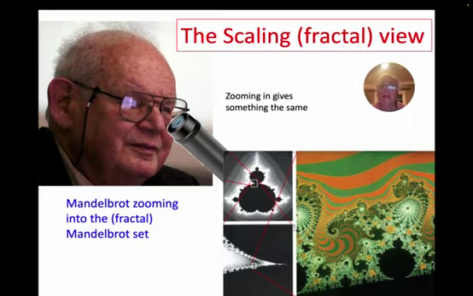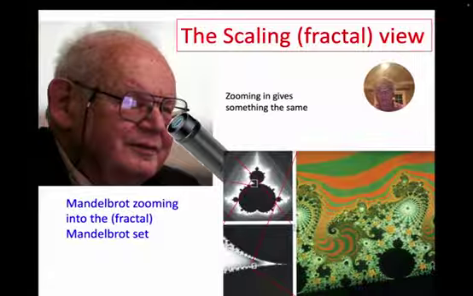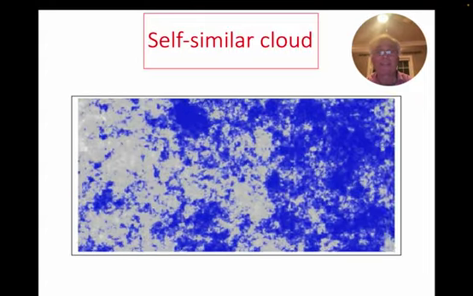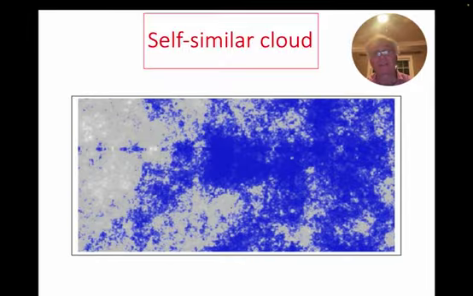While the scale-bound powers of 10 idea is often true, it doesn't have to be. Here, Mandelbrot is shown looking through a microscope, appropriately, at the Mandelbrot set named in his honor. He's looking into a tiny bit of it down here. When you blow it up, lo and behold, you get something that resembles what he started with. So, the scaling or fractal view proposed by Mandelbrot says that it is entirely possible to zoom in by a huge amount and get something that's actually not new, not different, basically the same. This is what a self-similar cloud looks like. As we zoom into it, although we don't see exactly identical patterns, the cloud-like appearance doesn't change.